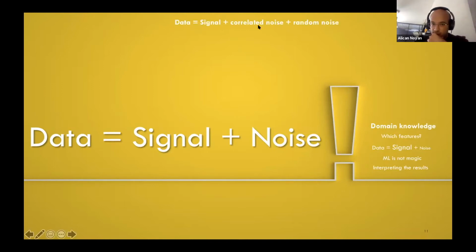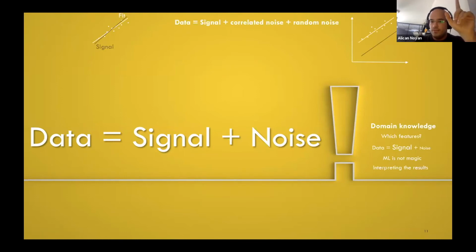Data is signal plus correlated noise plus random noise. If you have this situation, you will fit the noise. So let's see how. This is the first case I described in Colab, right? This is your data generating signal. It generates these data points, and when you do a fit, you try to approach the signal. But if you have this case, this is the picture. You have a signal. If you have correlated noise, this is your data. And if you do a fit, this is what will happen.